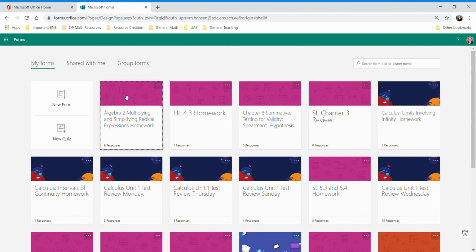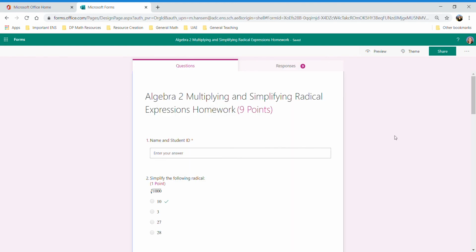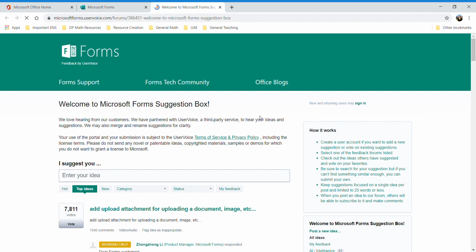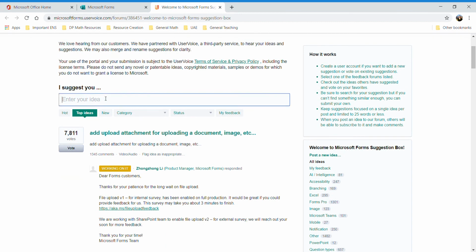If you feel very strongly about a feature needing to be changed, or you have a suggestion for Microsoft to improve these forms, you can do that. You just open any form you want, it doesn't make a difference. You go to the top right corner where those three dots are, click on that, and click where it says feedback, and you're going to go to User Voice. User Voice is the complaint box of Microsoft Forms, and really Microsoft in general. This one specifically for forms, though. You can type in your idea like